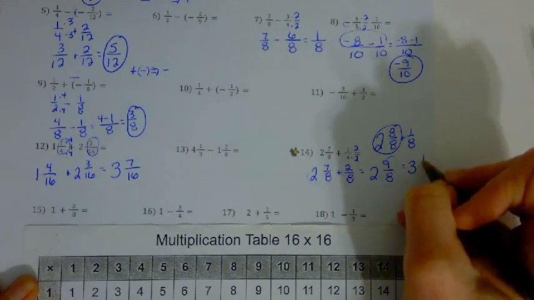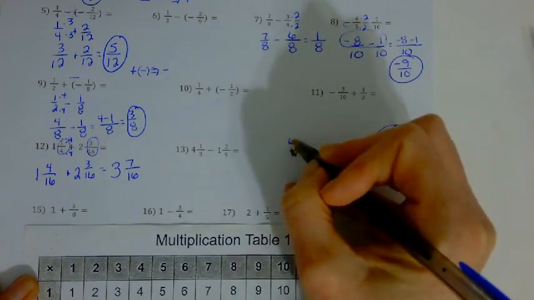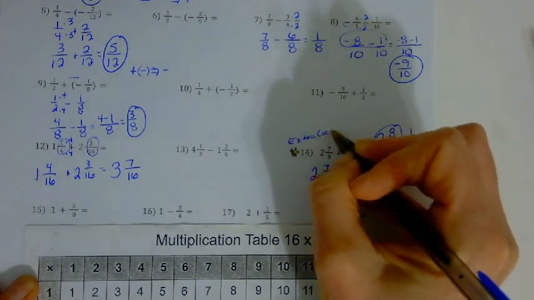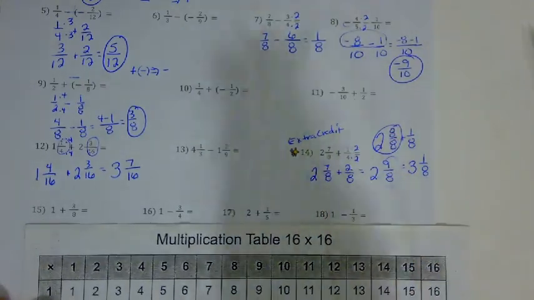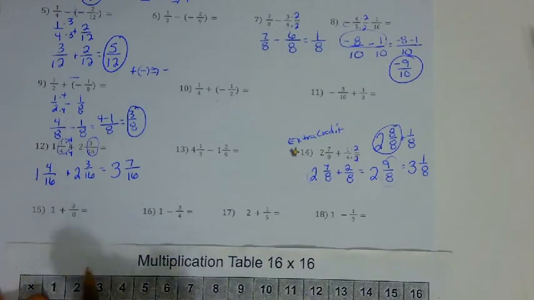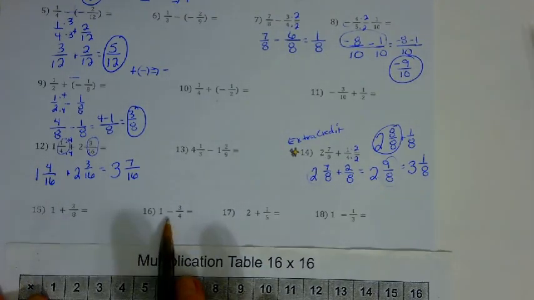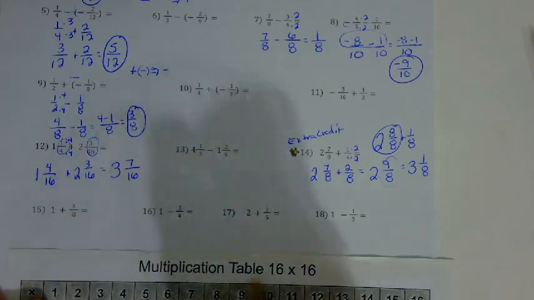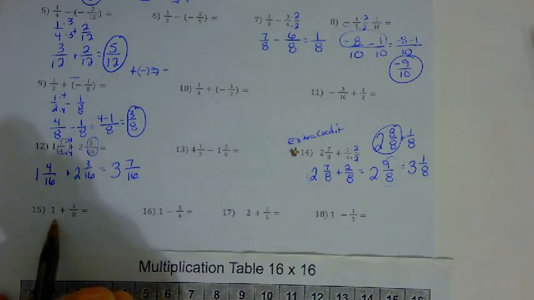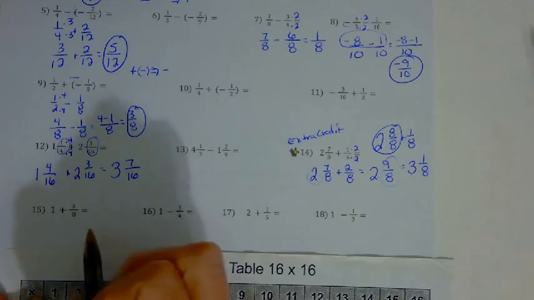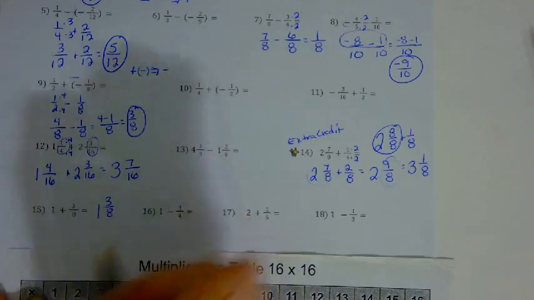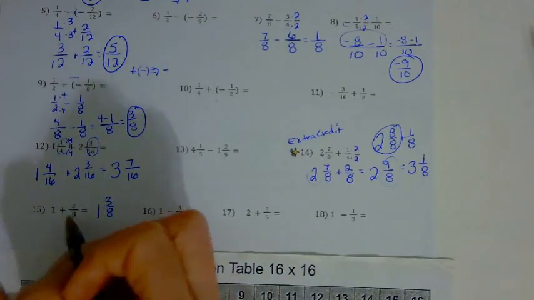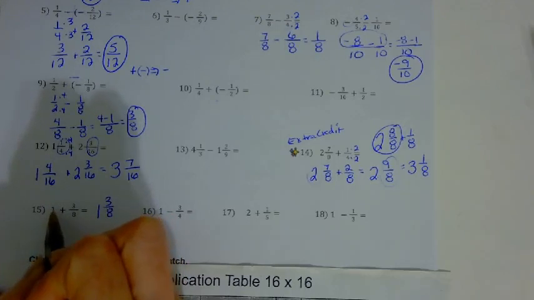Now this one's sort of an extra credit question, but it is something that would be good for you to know how to do. Okay, in the very bottom row is adding a whole number or subtracting from a whole number. So I'll do 15 and I'll do 18. Okay, so 15, we have 1 plus 3/8. Well, honestly, if you understand what fractions mean, you would just know that this is 1 and 3/8, just like that. Okay? But if you want to do it this other way, you change 1 into 1 over 1, and